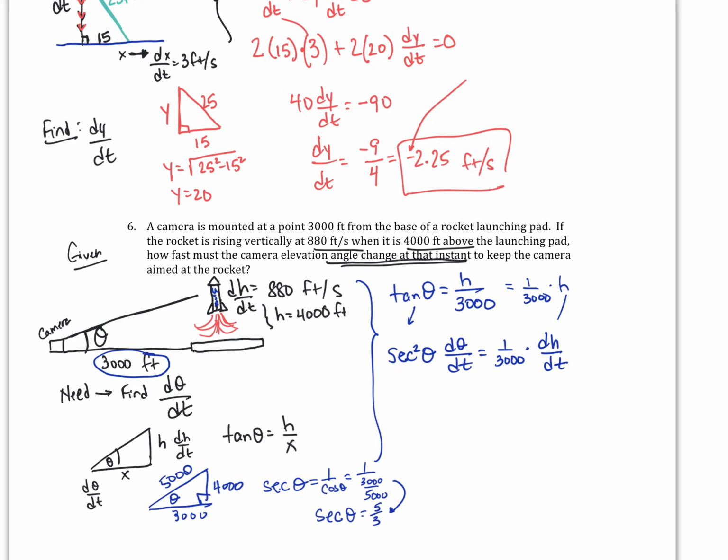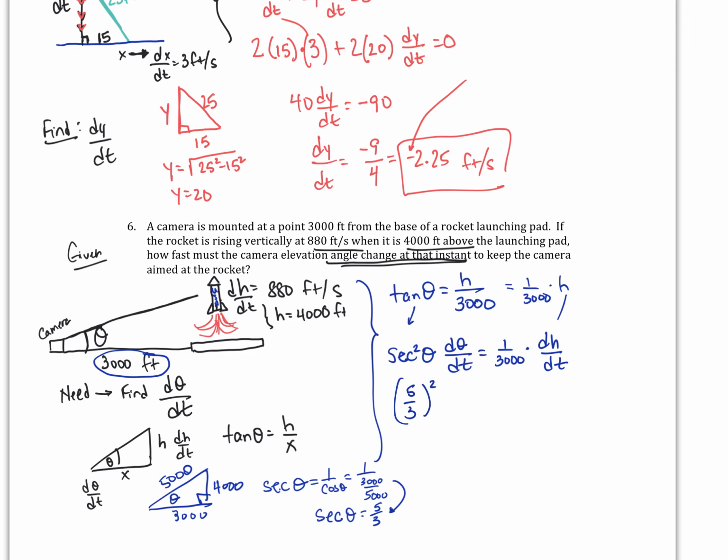Okay, so you could actually find what theta is, use the tangent. Tangent theta is 4,000 over 3,000. Solve for theta, plug it in right here. But I kind of found what the whole secant is, 5/3. Because now I can just put that in here. So I'm going to say 5/3